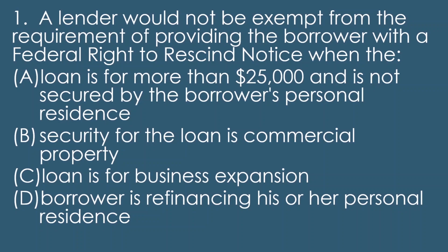Okay, so let's look at this question here. We're talking about that federal right to rescind notice. What do we know about that? That is when it deals with refinances on a personal residence, right? And you have that 3-day right to rescind if you refinance on your personal residence that you live in. Well, if we look at these answer options, A, it doesn't really matter for the amount, but